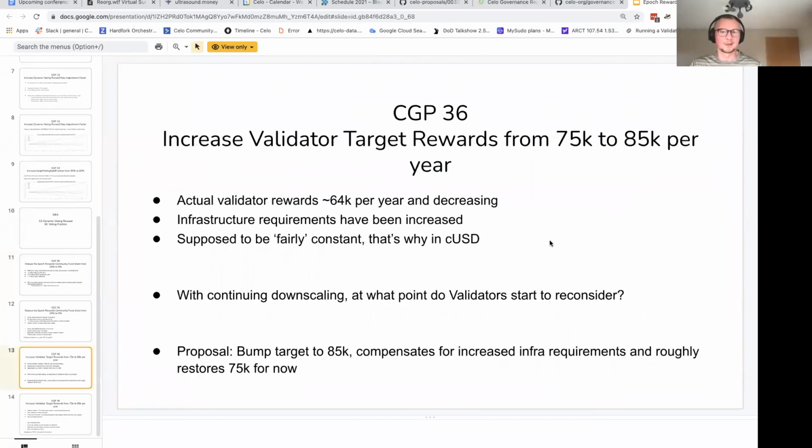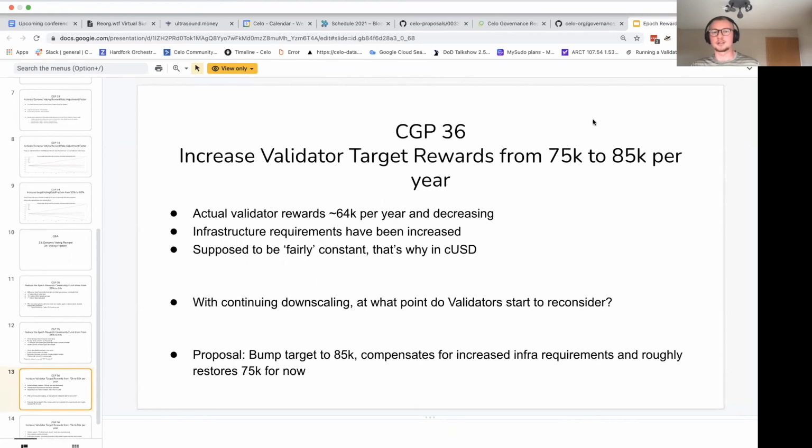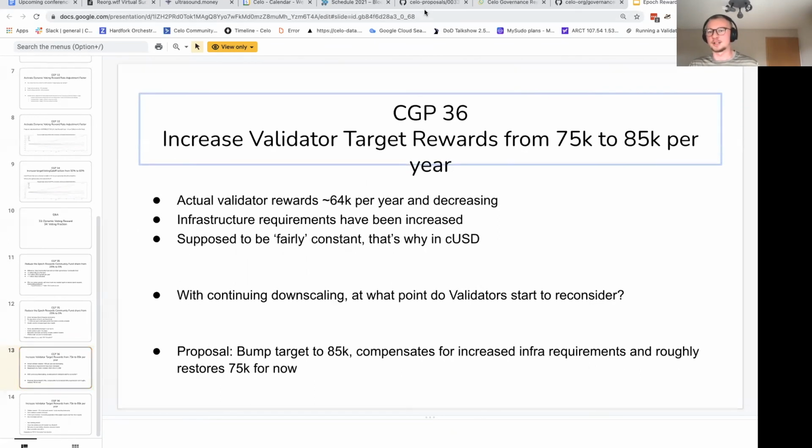Yeah, sure. All right, so let's take a look at the last CGP together. Again, it's one slide with the initial reasoning, what I and the team thought of it, and then a second slide with the resistance that came up in the last week, with the good counter arguments. So 36 basically proposes to increase the target rewards for validators from yearly 75K to 85K.